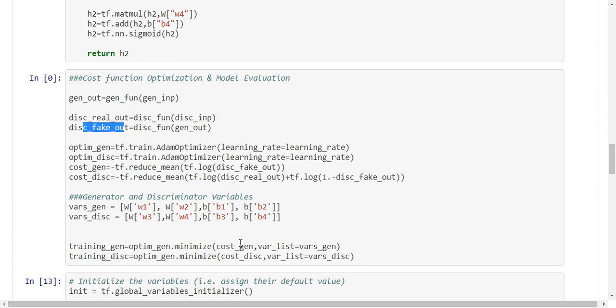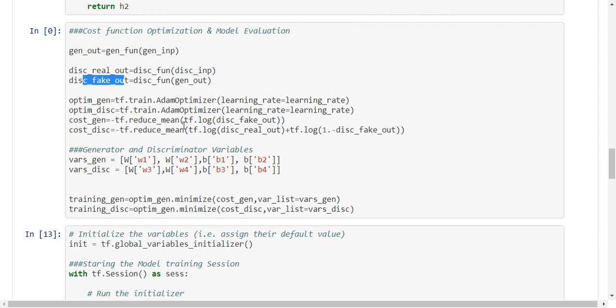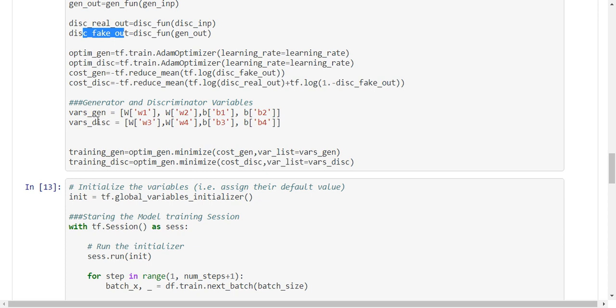Now we have done these two things, and we will be writing the variables which we are using in the generator and the discriminator. For the generator we are using W1, W2, and for the discriminator we are using W3, W4, and the biases B1, B2 for the generator, and B3, B4 for the discriminator. So this is a list of these